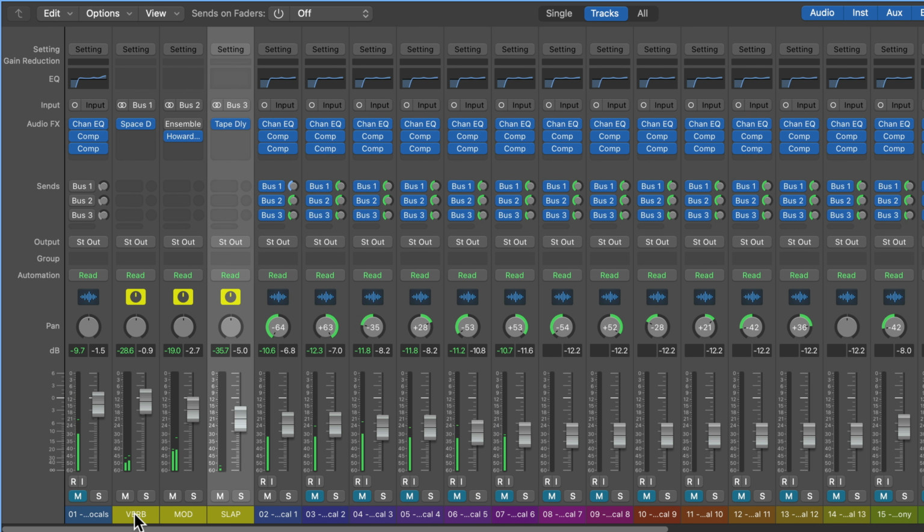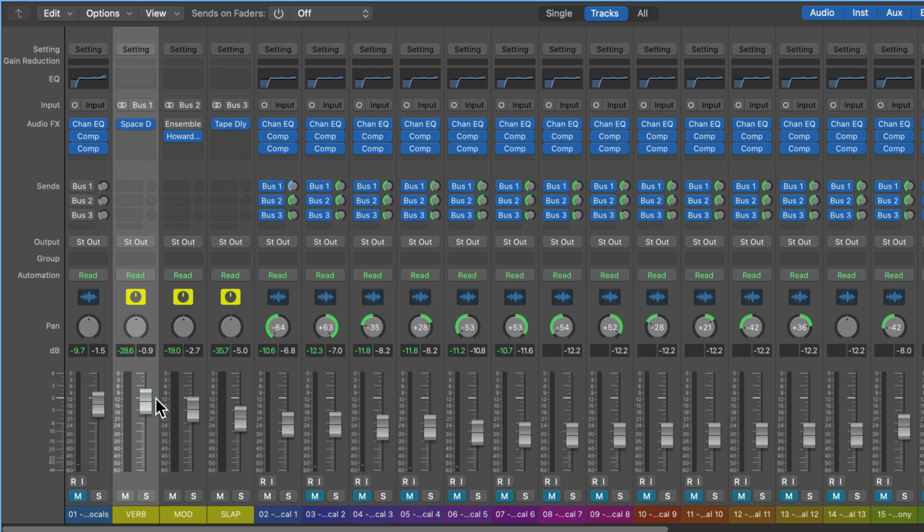So bus 1 was our reverb, and you can see now on the reverb channel, the reverb's pretty much right